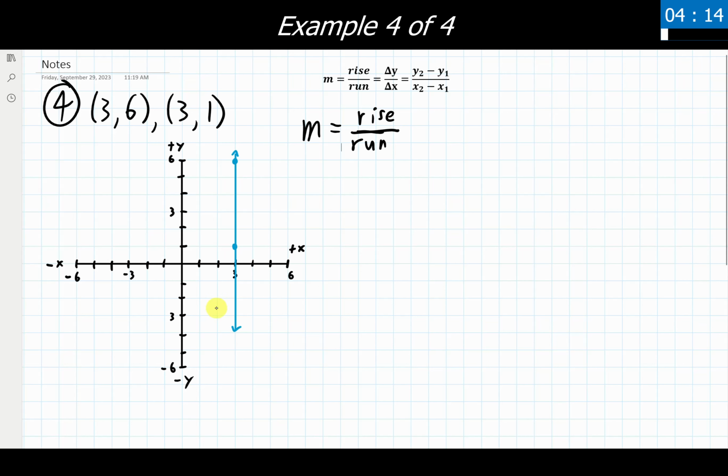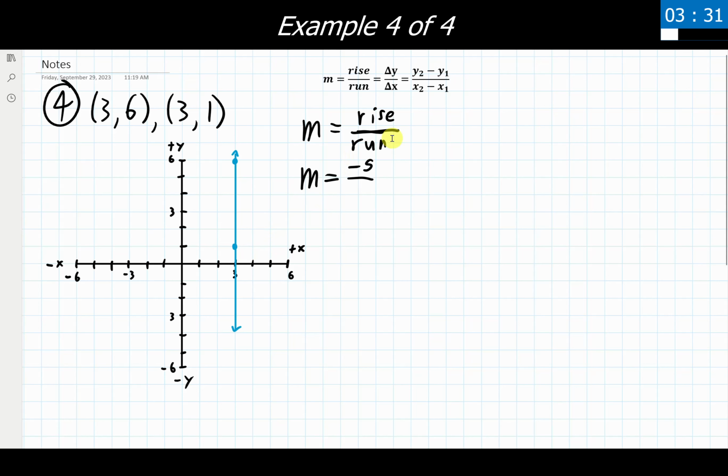There we go. We do need to choose which is our starting point and which is our ending point between these two things. I'm going to start at my higher point and I'm going to end at my lower point here. Okay, so if I'm writing this out for myself, what's my rise going to be? If I'm starting here and ending here, I am moving in the negative direction because I'm moving down. So I'm going to be going down by 1, 2, 3, 4, 5. So my rise is going to be -5 here. Now what's my run going to be? Am I moving left or right or horizontally at all with this thing? No, I'm not.